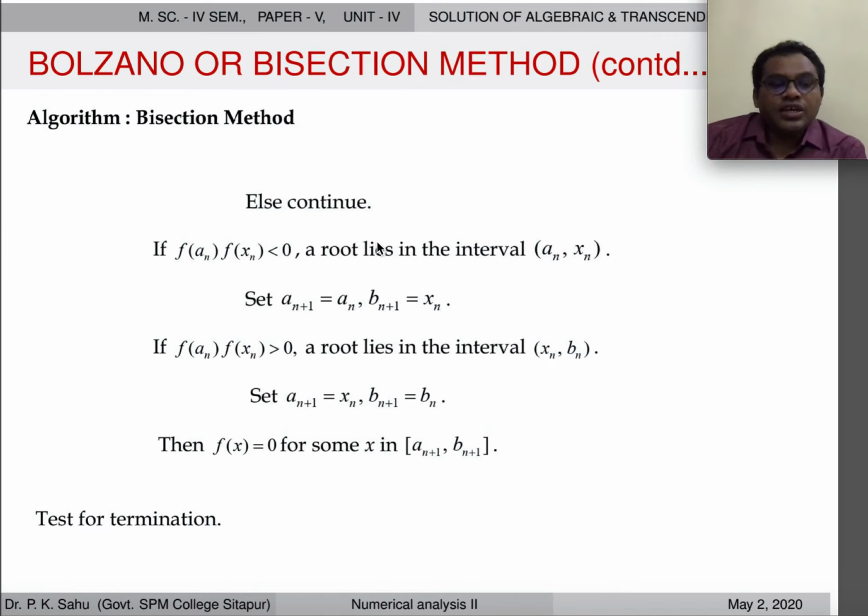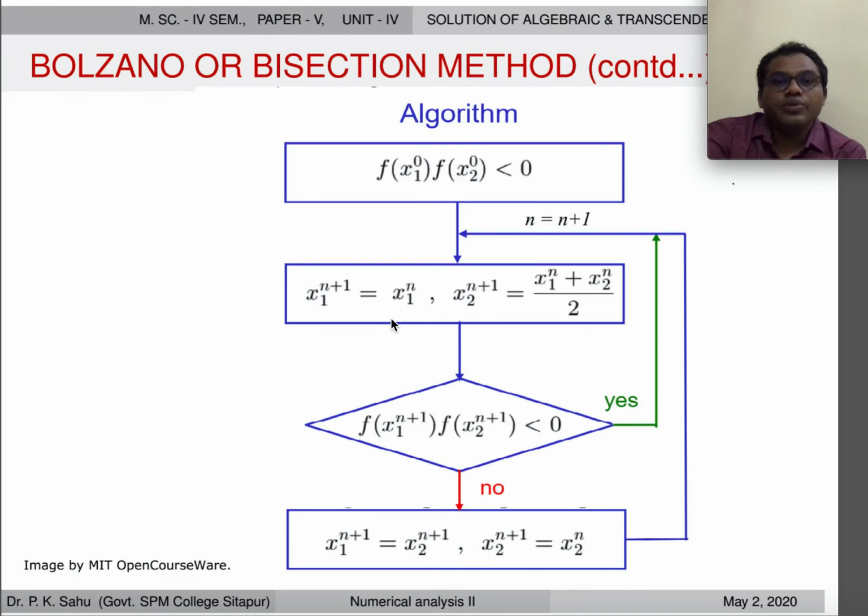Now the question arises, where do we stop? How many steps should we take to find the approximate solution of the equation? As we have seen in the bisection method, we are getting a sequence x1, x2, xn. This sequence may converge to the desired real root of the equation. So after the nth step we have an approximation xn of the root of the equation. Now, before going to the stopping criteria, we will see how this algorithm works in a flowchart.